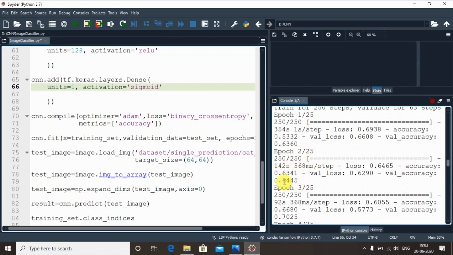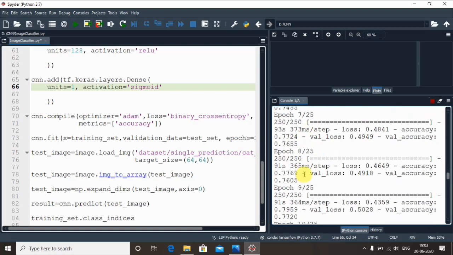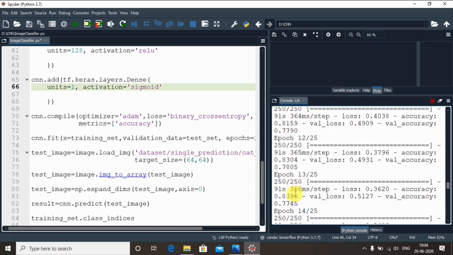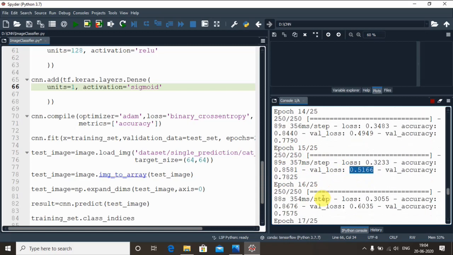In the second epoch, we received 64.45% accuracy compared to the training set's 63.41%. Meanwhile, by the 10th epoch, we found 80% for training and 77% for testing, which is way better because this clearly indicates that there is no overfitting in the model. Nearing the 15th epoch, we found 85% in training and 78.25% in the testing set, with a loss of 0.51.